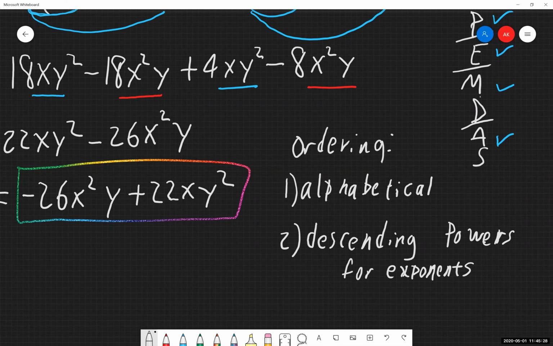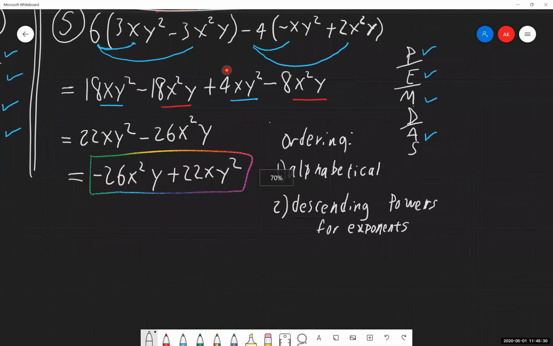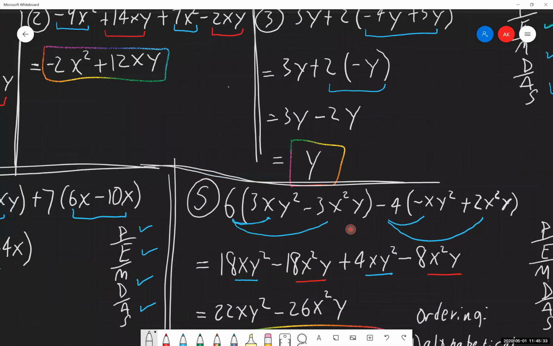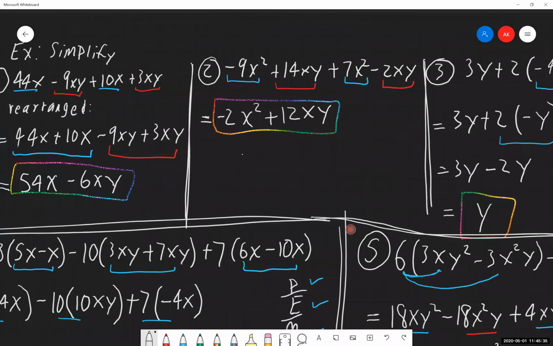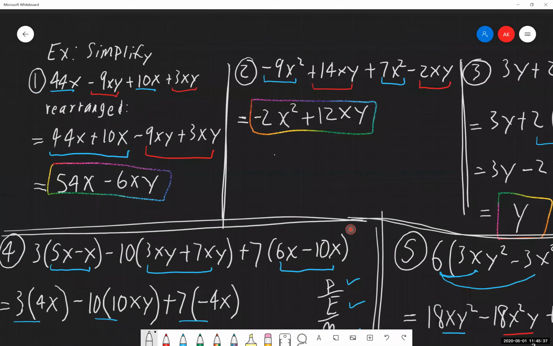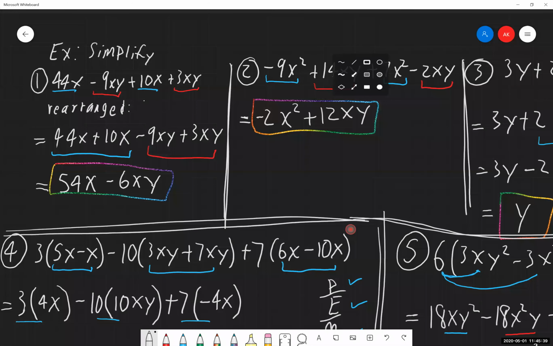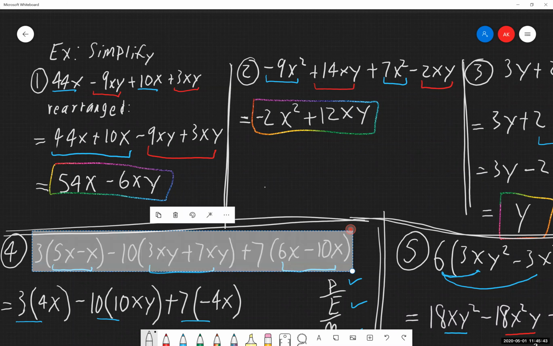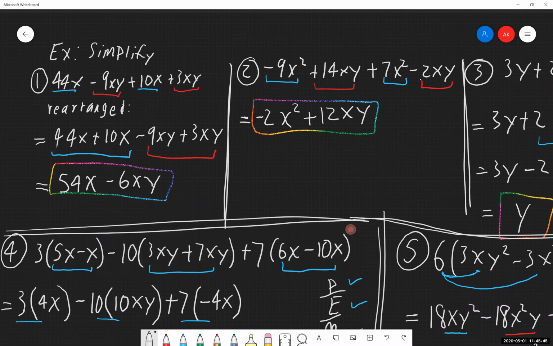And again, I want to emphasize with this, we went through a couple ways of how we can go through these ones. If you're someone who, as you're going to go through these problems, needs to rearrange your problem before you combine like terms, that's fine. Do that if you have to. There's nothing wrong with that.